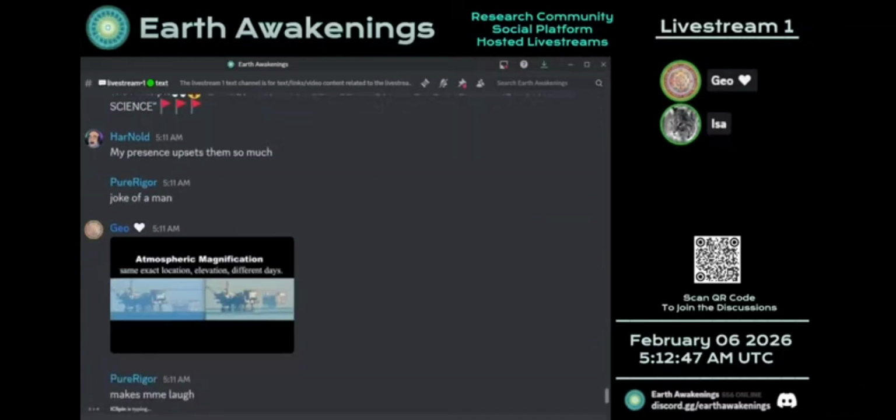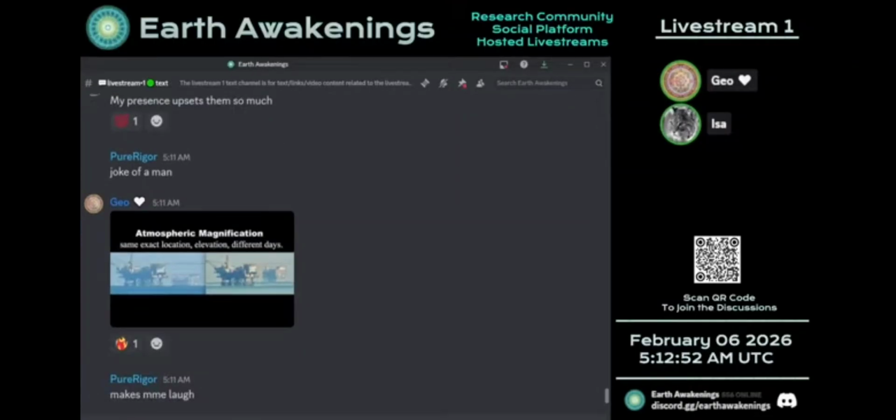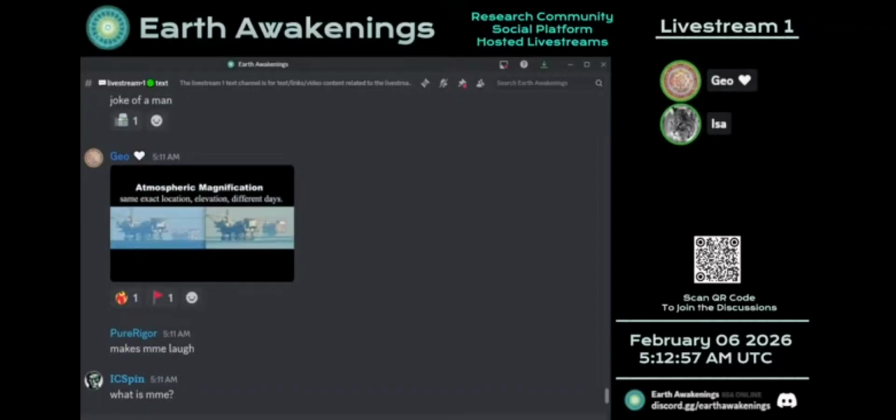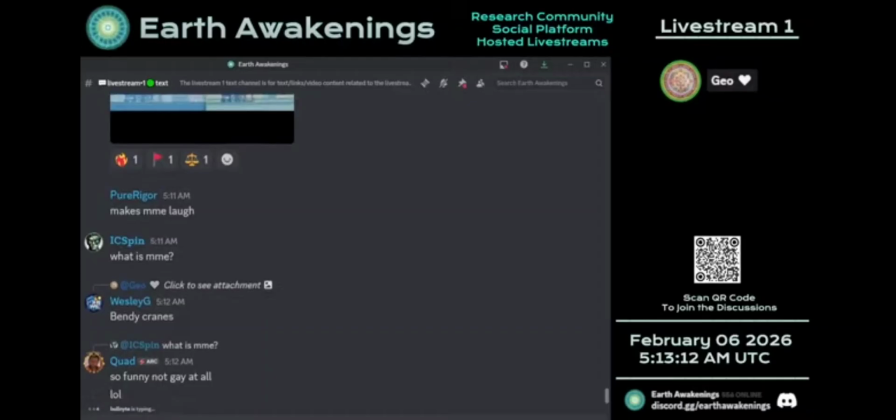Even if you ignore the atmospheric magnification label on there, those pictures are the same location, same elevation, but just different days. So obviously, the two oil rigs are the same distance on these days because it's from the same position. On the left, the legs are cut off, and the one on the right is lower. On the right, the legs are not cut off, and they're at equal height. So whatever the reason is that that's happening, the one on the left, somebody might say, oh, look, there's the curve, it's the globe. But then the one on the right, it's gone.